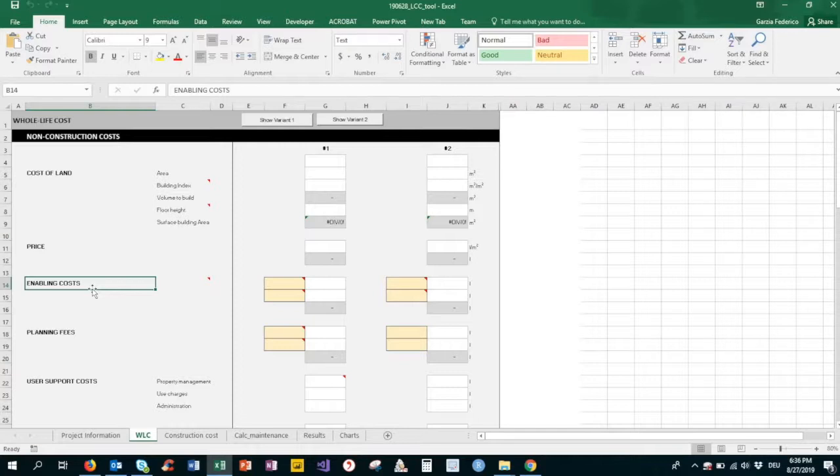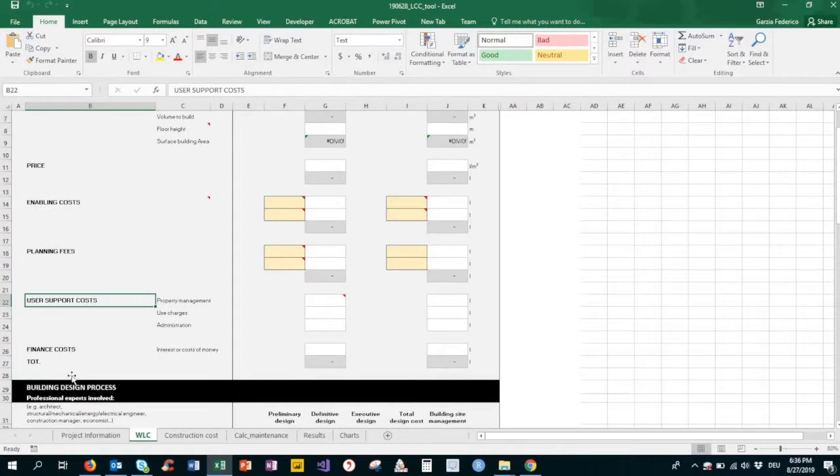main construction contract. Then we have the planning fees, taxes and fees to be paid for getting the permission and fulfill the administrative issues. We have the user support costs. It includes all the costs for the support activities during the organization phase, management of the property, help desk and IT services. Finally, the finance costs are those costs related to the interest or costs of money in case of